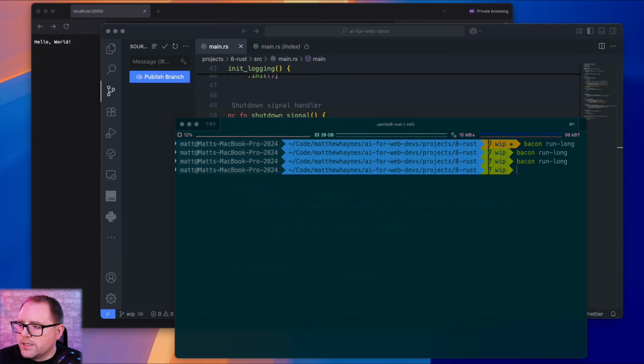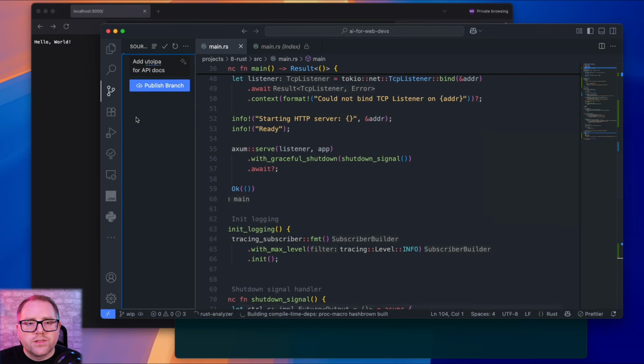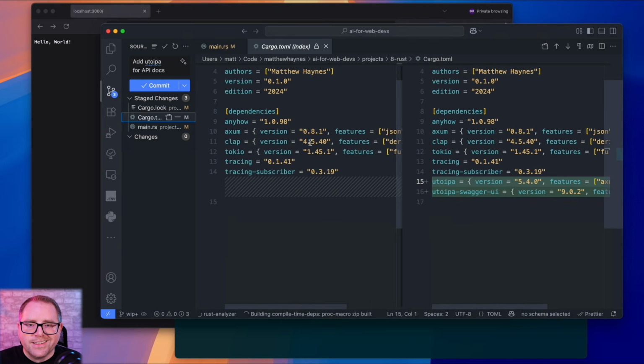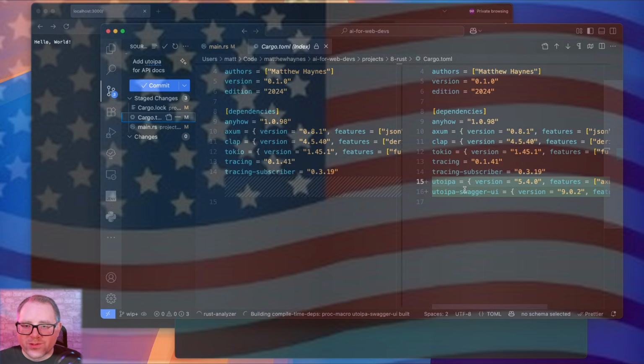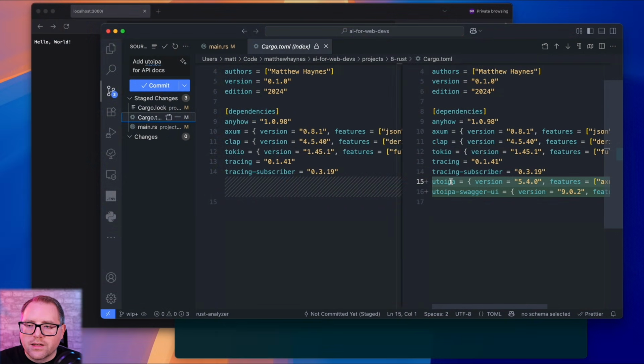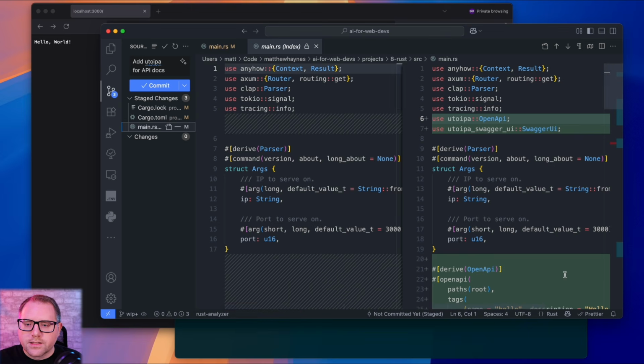All right, let's go ahead and add some API docs generation. So we're going to use, and I'm going to butcher this, Utoipa, I want to say Utopia. I know it's not, Utoipa, I think, sorry, package, and it integrates with Axum. So number one, this, and then also the Swagger UI. I'm using Swagger UI because it's able to be bundled into the binary without any CDN dependencies. So we're adding this package, and then it's actually pretty easy to get started.